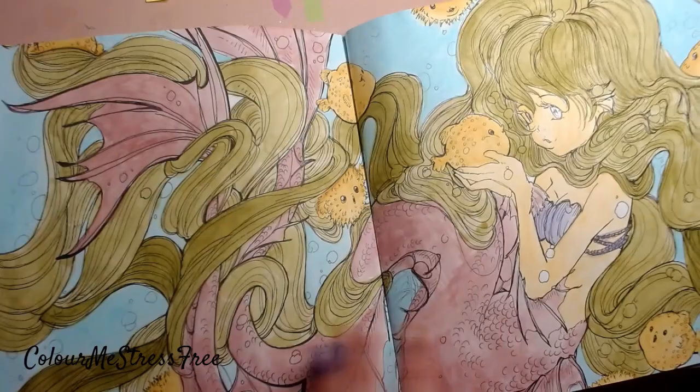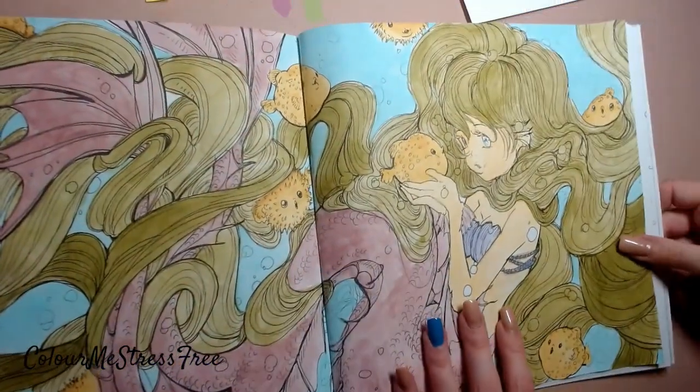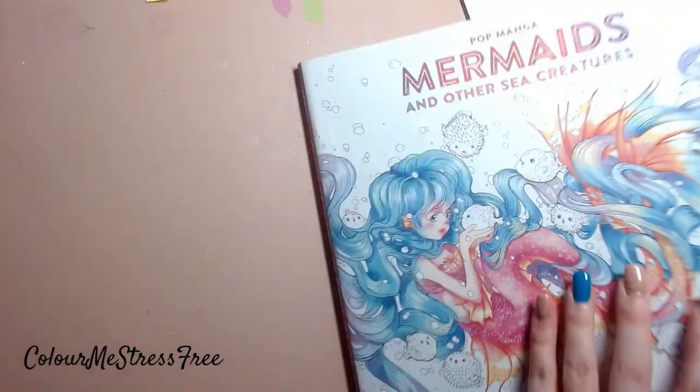So I am pleased how she's turned out. I mean, I could have shaded with the paint, but like I said, I'm happy with how she's turned out. And this paper takes water brilliantly. See, I told you, I thought I didn't have really that many this month, but...